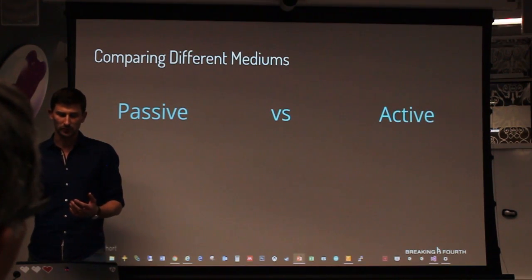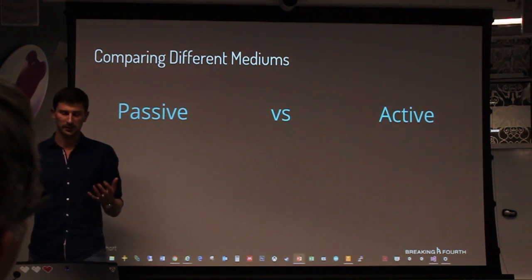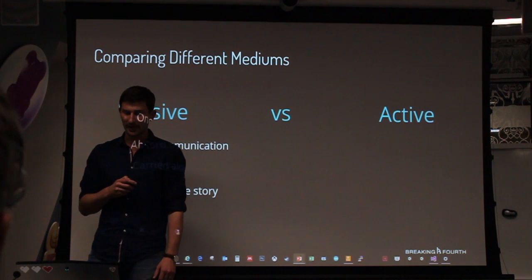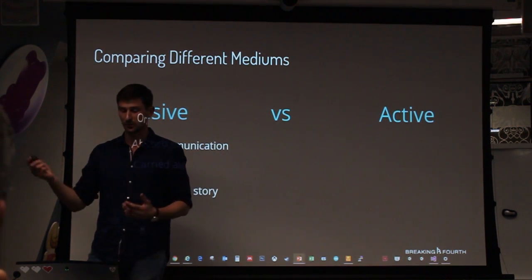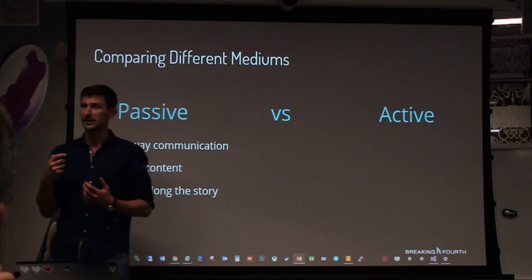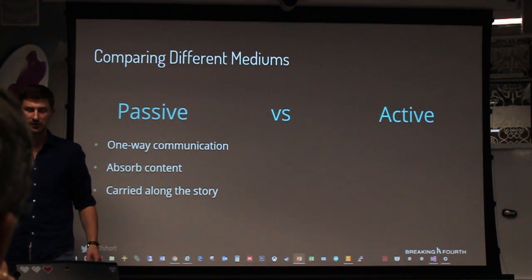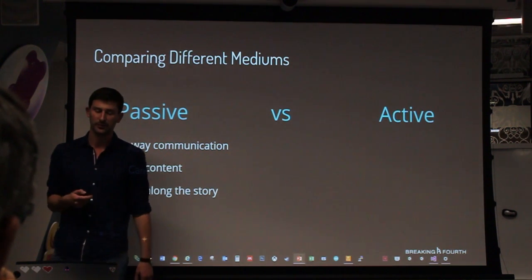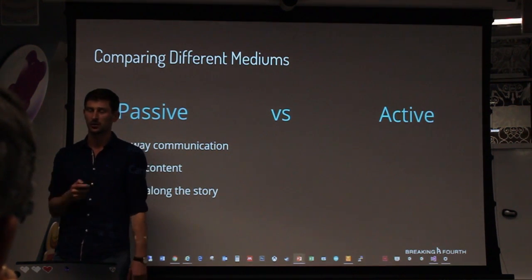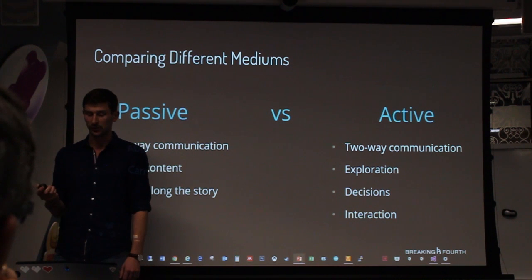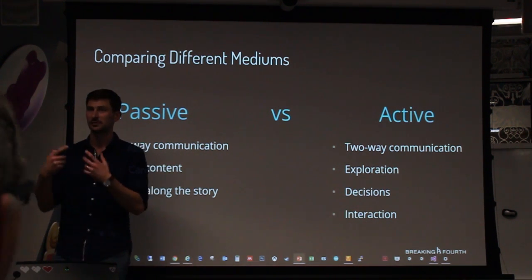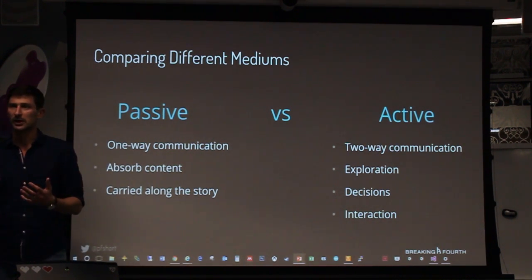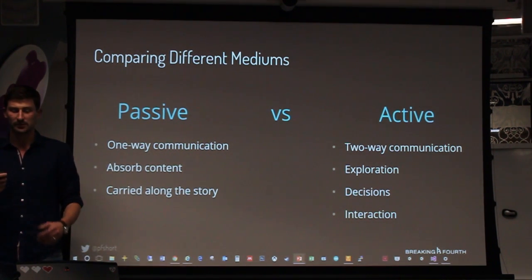At a very broad level, I'd like to at least focus on passive versus active storytelling. Some of the mediums lend themselves more to one and some more to the other. When we think about passive, we're thinking about a one-way communication stream. You're completely absorbing the information, you're not necessarily feeding anything back into the story, and you're getting carried along this journey. From an active point of view, it's two-way communication. You might have some influence, you might have some input to give back, opportunities to interact in that space,